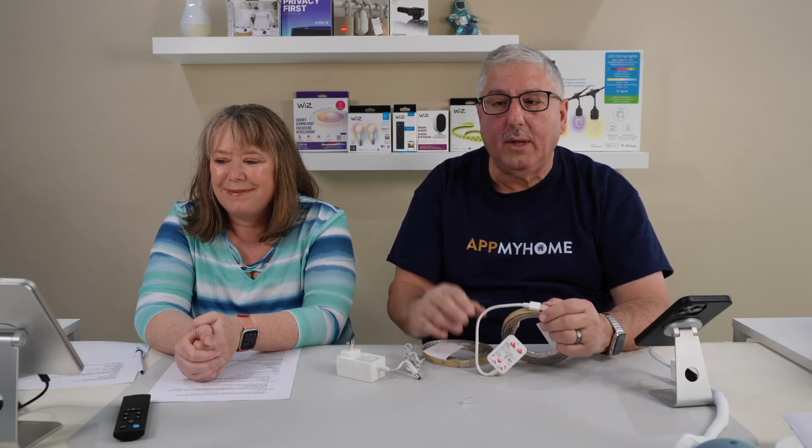You just got to make sure you connect them the right way. There's actually the voltage is on one side only. You got to make sure the voltage here lines up with the voltage on this one here. So when you get the directions, pay really close attention to that. And then because these are